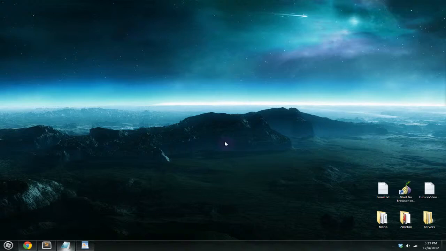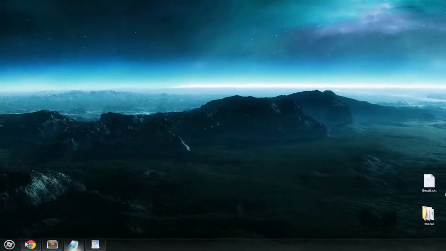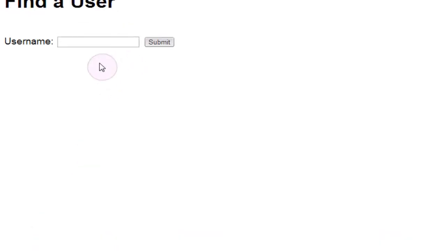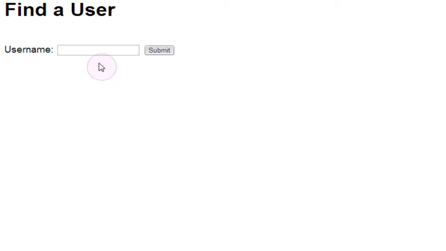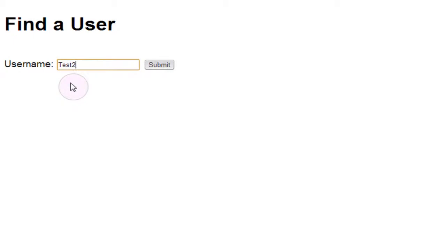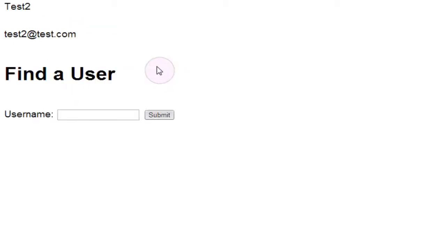So today I'm going to show you guys an example of this on this sample page which I've written up down here. This is just a simple PHP page called find a user, as you can see. Pretty much all it does is allows the user to input a username that they want to find in the database. In this case I'm going to input test2 because I know that's a valid user, and it allows them to submit this, and then PHP will go and